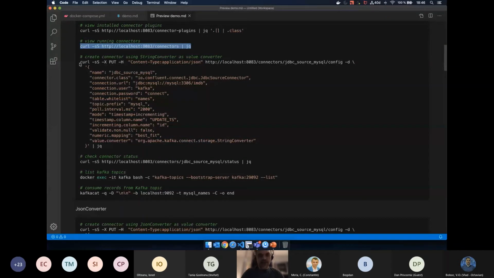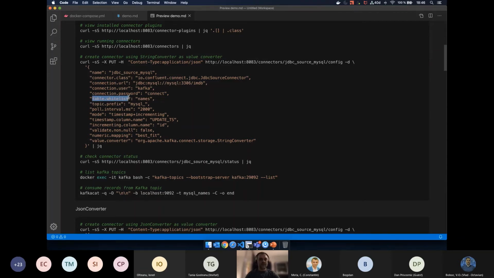Now let's create a JDBC source connector. For this, we need to specify the connector class, a connection URL, which is a JDBC connection string pointing to our MySQL server and to the database. And of course, we need a username and password.